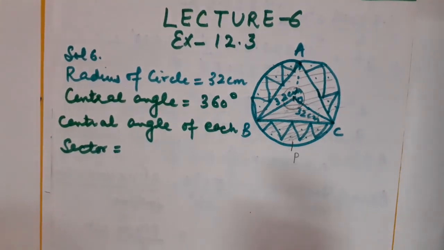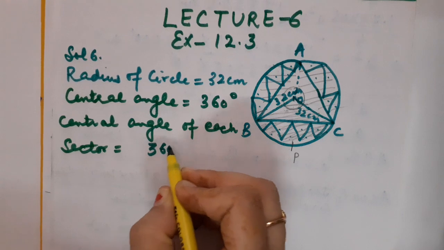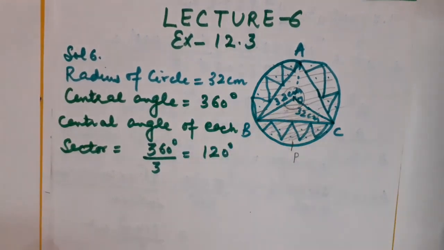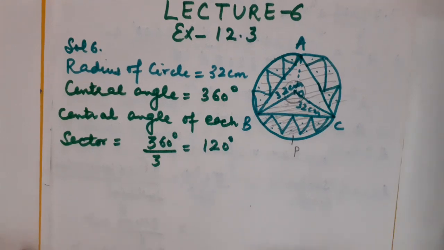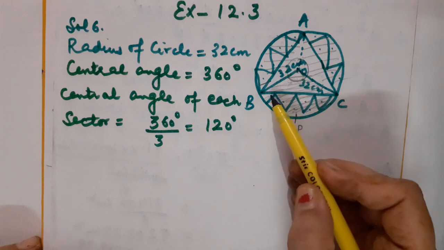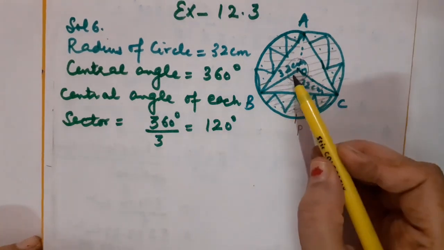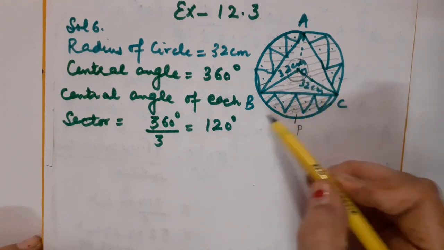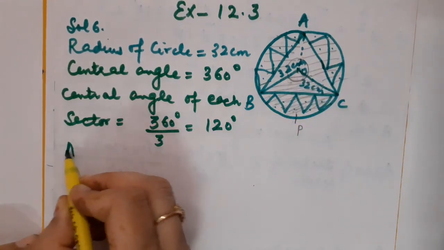As you know that there are three sectors, so 360 degree angle must be divided into three parts. It will become 120 degree angle. Correct? Now children, using this given radii as well as center angle, I will be calculating the area of this sector. So the area of